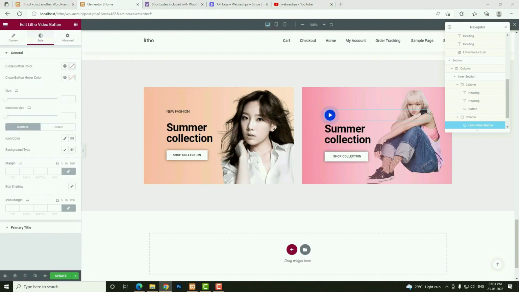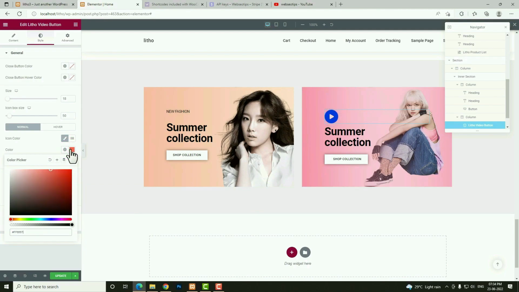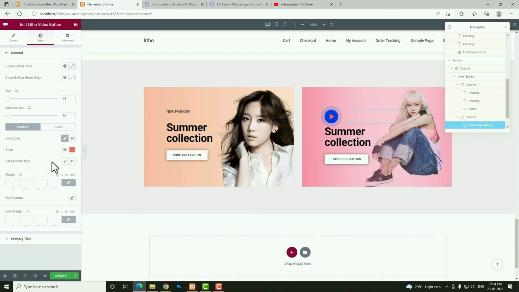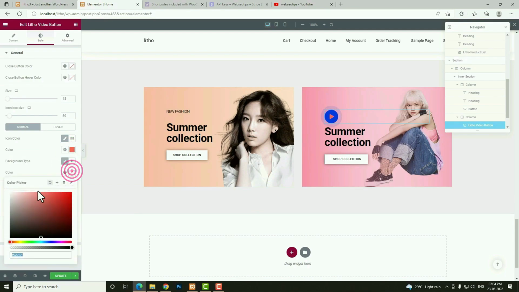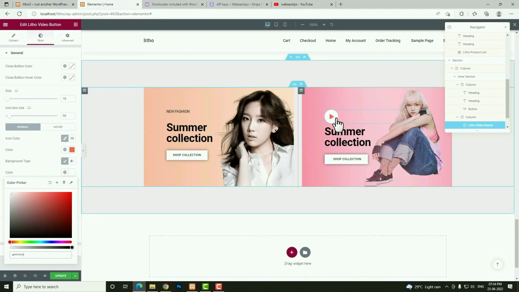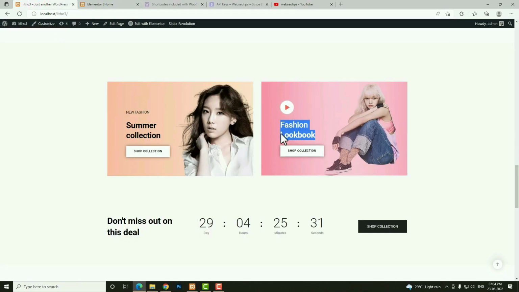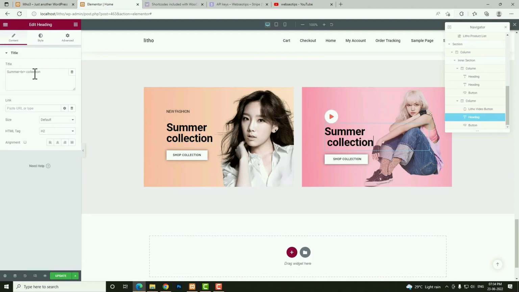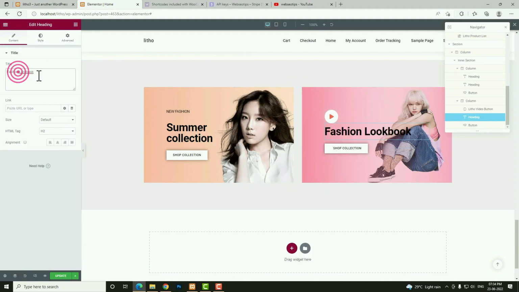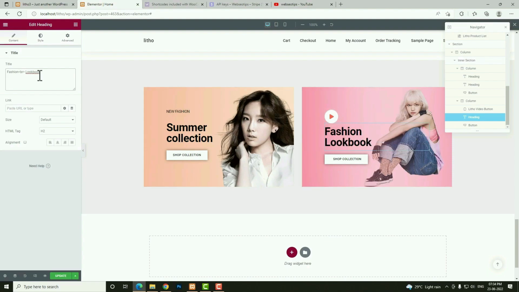Now come back to the style option, size I am taking 18, and the icon box size I am taking 15, and the color I am taking this color, red color, and the background type click in this, and from here I have to choose the white color. Okay, now it's looking quite perfect, and here the text will be fashion lookbook. So let's come back here, click in this, and here I have to mention fashion lookbook, and here actually I have to mention the BR tag, means break row tag. Remaining I am keeping